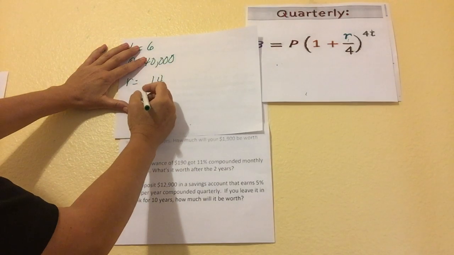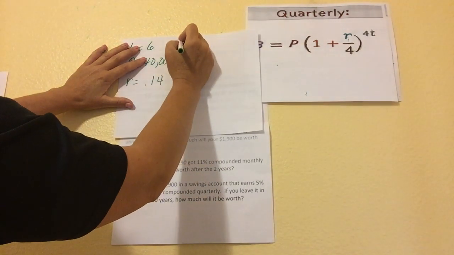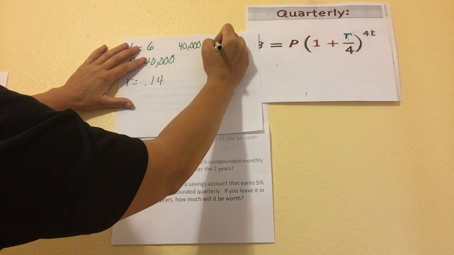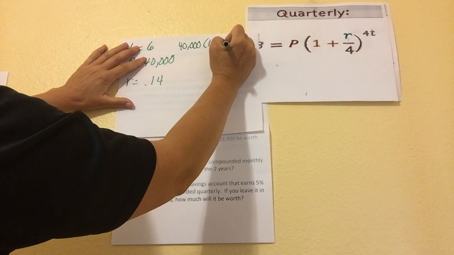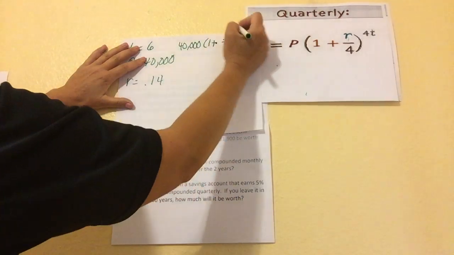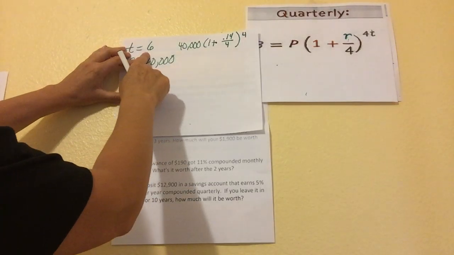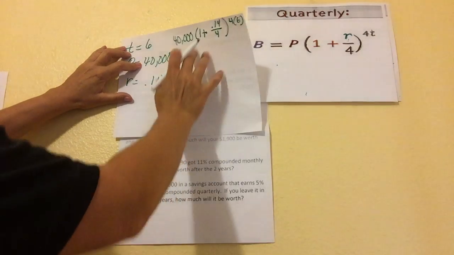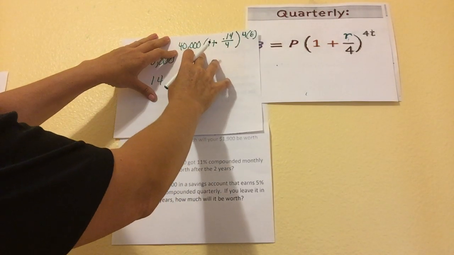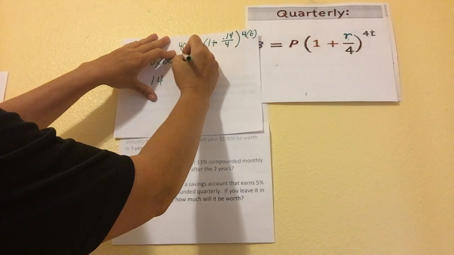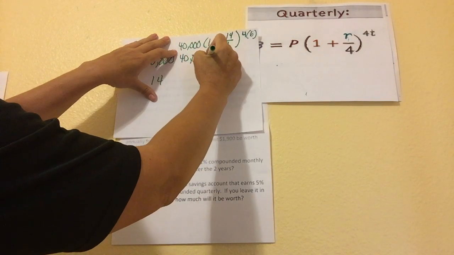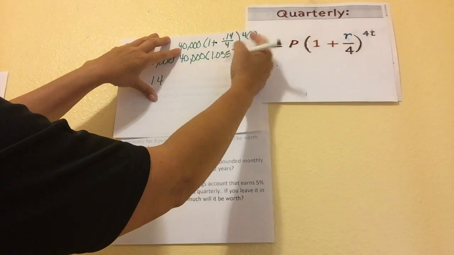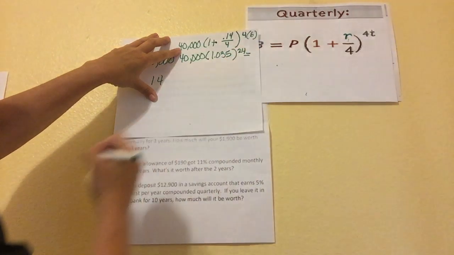So we have, let's write it up here, 40,000, 1 plus 0.14 over 4, and then we have 4 up here, and we know that T is 6, so we're going to put 6 right there, okay? We're going to put this in our calculator, all right? We're going to get 40,000, 1.035, and then 4 times 6 is 24. And it's going to give us,